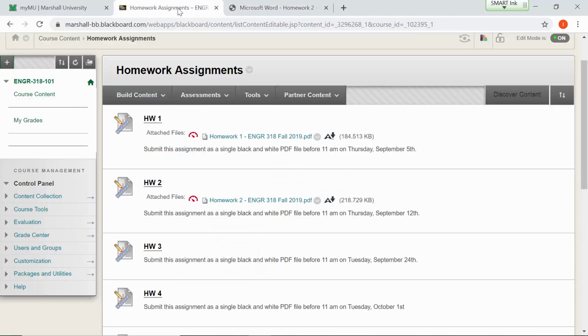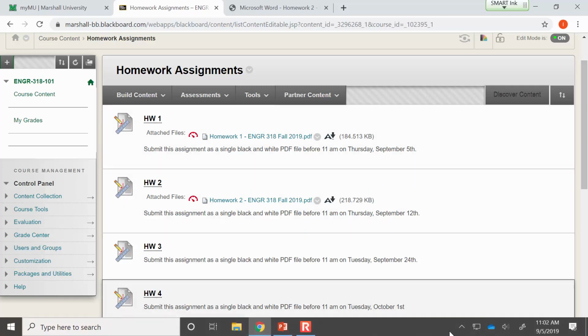I'm going to post a solution to Homework 1 later today. That'll be on MU Online, so that you can look and see if you got the right answer for your homework. I anticipate that this semester the grading will take less than a week generally, so you'll have your scores and then you'll have the homework solutions posted if you want to get into the details of maybe where you've missed points or anything like that. All right, so that is the homework.